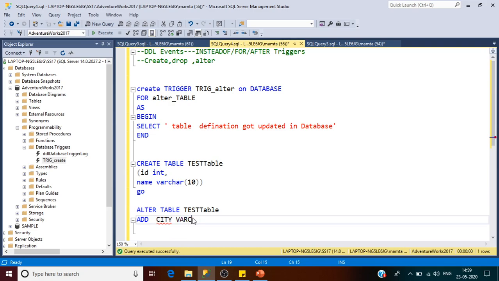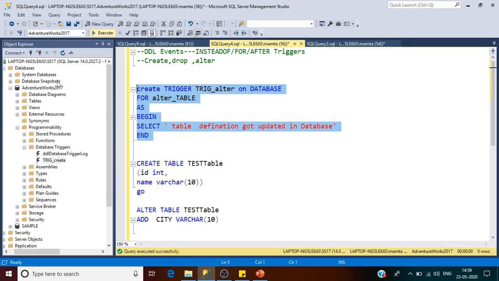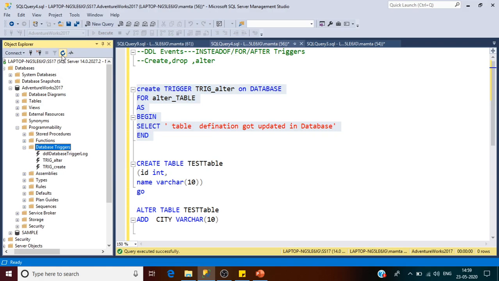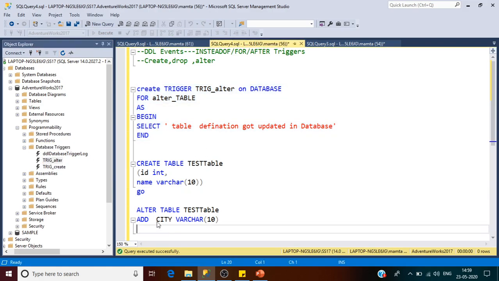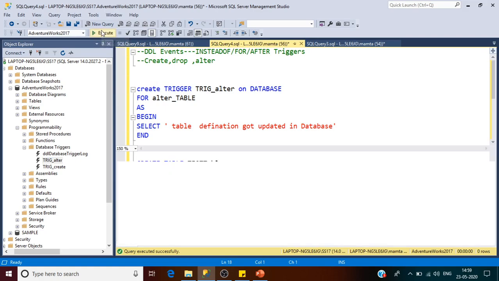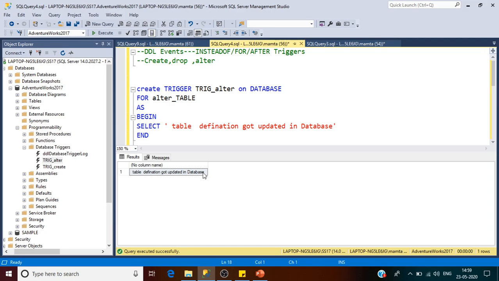Column varchar. So let me alter this table. I think I have created this trigger. If you refresh, you can see one more trigger has been created. Now to test this trigger, alter the table which we created recently. See, the table definition got updated in database, so this trigger got invoked as well.